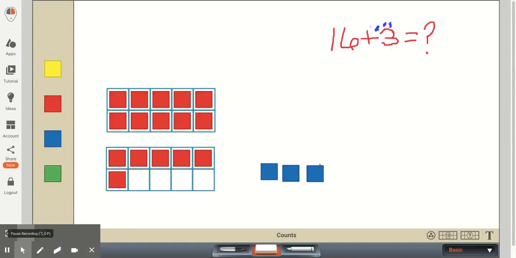And here's one last addition problem within 20. So 16 plus 3. So one of my addends, 16. The other addend is 3. And we're looking to find the sum or the total. And here I have our counters within 10 frames. And just as an aside, we want to make sure that our students, once they see counters filling up an entire 10 frame, that would represent 10.